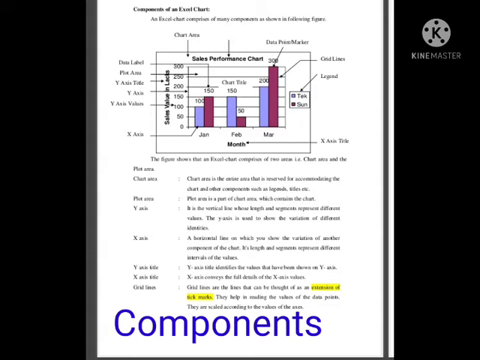Then what is the plot area? It's a window within the chart area. The area where the chart is actually drawn is called the plot area. The chart area includes the whole portion, including where the chart is drawn and also the area outside the drawing area. Grid lines can be horizontal or vertical lines depending upon the chart type. Any lines that cross the plot area are called grid lines.